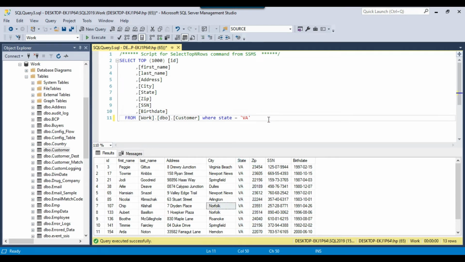And you can put multiple where conditions here. So you need to put an AND, then you can add more conditions here. Okay. So this is how you can use the where clause. And now the second one is the having clause, like how you can use the having clause.